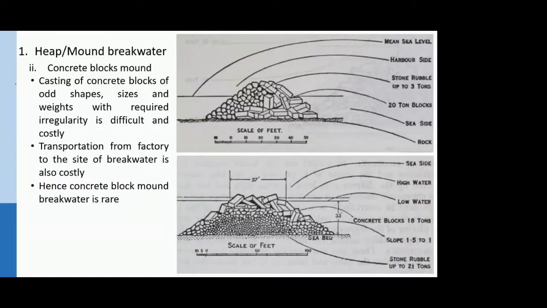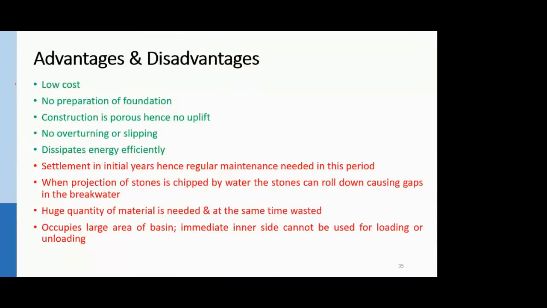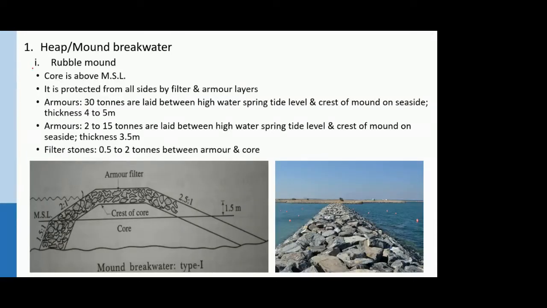So today we will complete the types of breakwater that we have been discussing. In the last lecture we saw this widely used type of breakwater, the rubble mound breakwater, in which huge boulders are dumped into the sea or the water body wherever the breakwater is desired, and the dumping is carried out till the level is achieved such that the breakwater surfaces above the water level and up to the desired height.